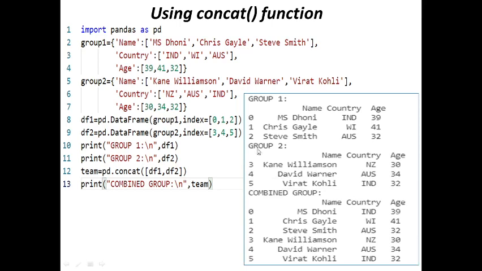Here you can see first data frame index values 0, 1, 2. Second data frame index values 3, 4, 5, and in the combined data frame we have 0, 1, 2, 3, 4, 5. So we have 6 rows in the resultant data frame.